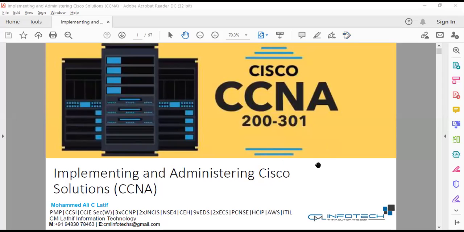Today we are talking about the switching concept and practical session from CCNA. As we discussed before, switching means sending data within the network, system to system or device to device, which are in the same network. So let's say